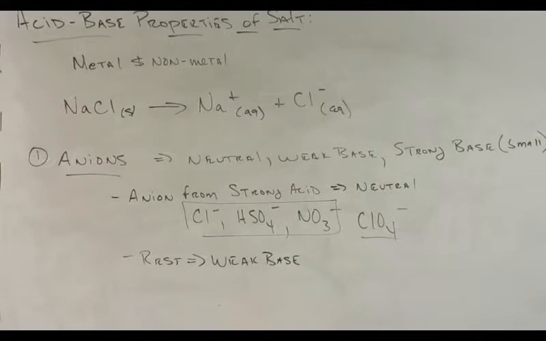So you'll see most of the anions, which when you look at the table, are on the right side of the table. Neutral, weak, or strong bases. That's the table. Again, the table's in front of you if you're asked to deal with this kind of stuff on a test. That's what anions do. They're either weak bases, strong bases, or neutral. So you look at the table to find out which ones they are. The cations, on the other side, are the other half of that table. And if we look at the three possibilities for the cations,